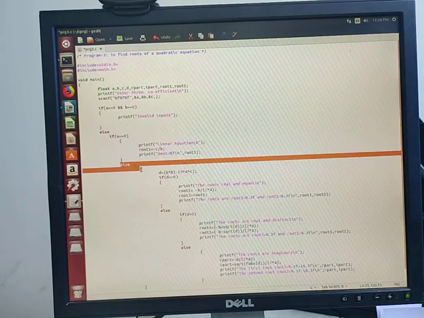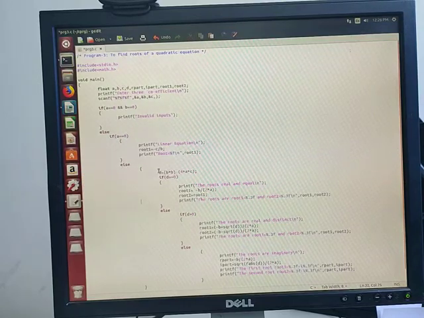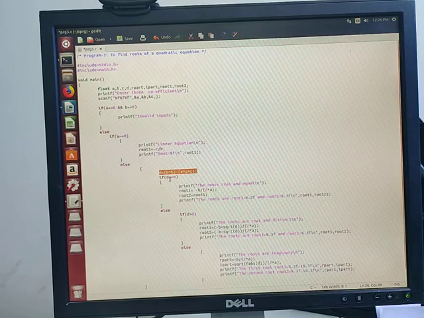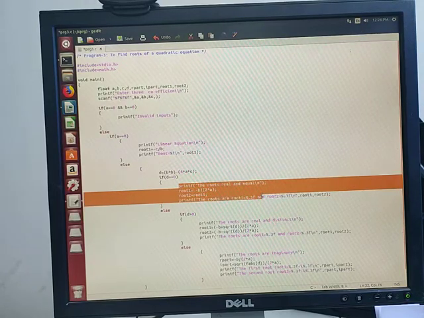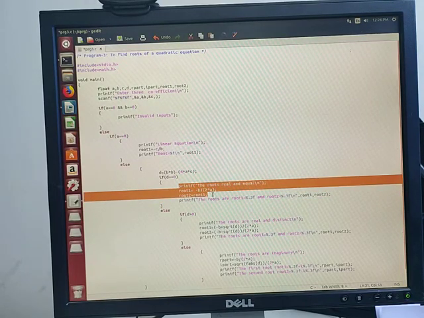Else it will go into the body of this else part, then it calculates the discriminant d equal to b square minus 4ac. Then if d is equal to 0, it calculates root 1 and root 2. Both are real and equal, so you will get the same root.